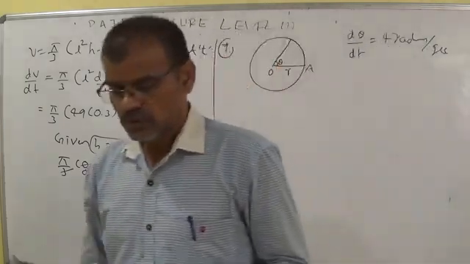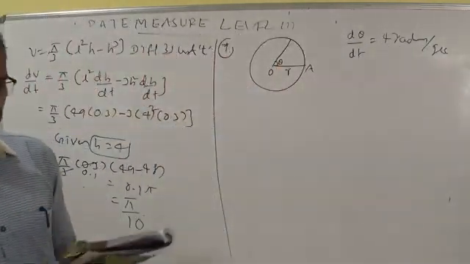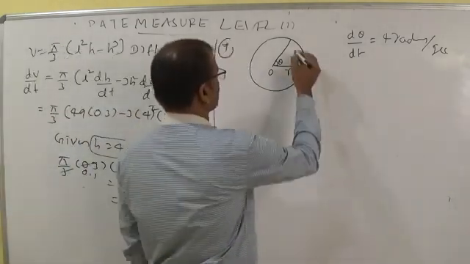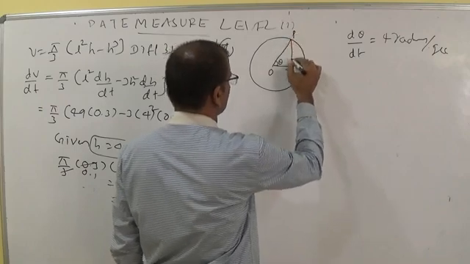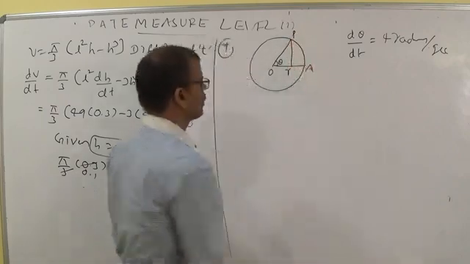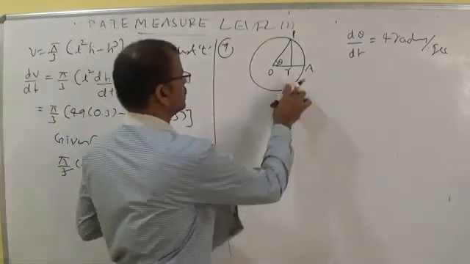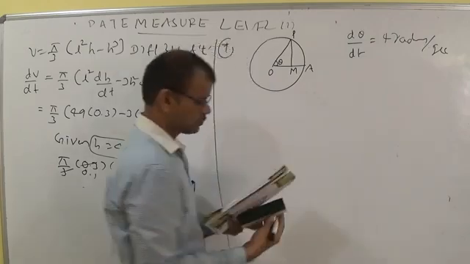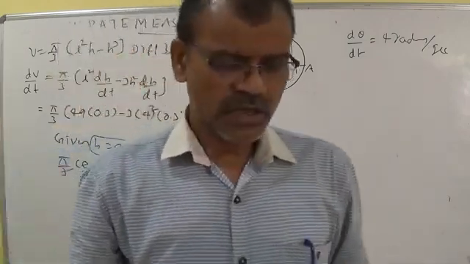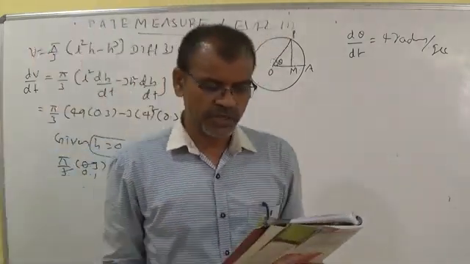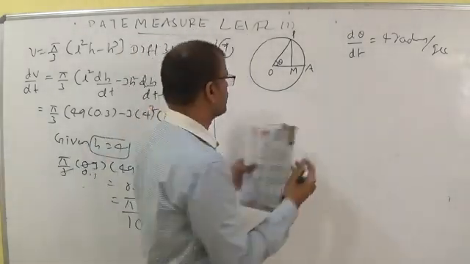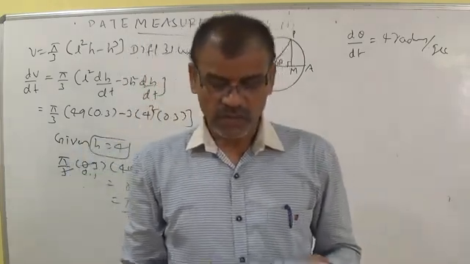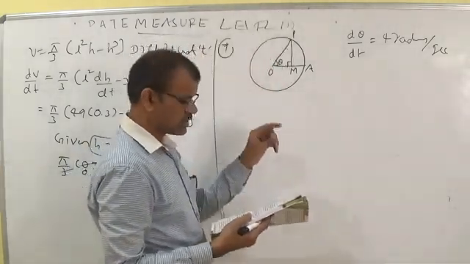Next, M is the foot of perpendicular of P on the diameter. This is P. The diameter is the full diameter. M is a particular point on the radius R. Let M be the moving point on the diameter. P is there, and M is the foot of perpendicular of P on the diameter. Then the rate at which